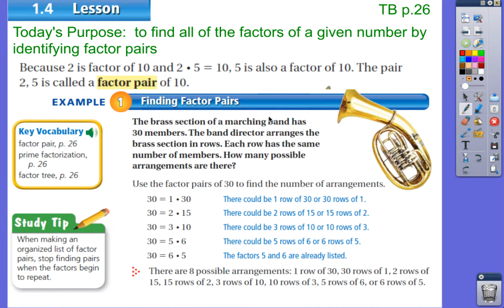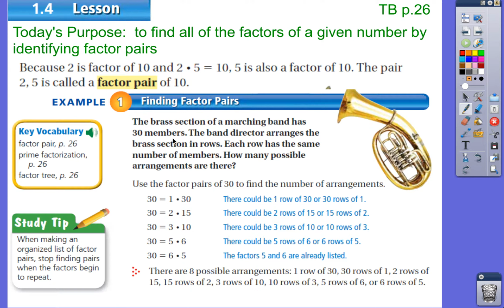Okay, example 1 talks about finding factor pairs. Now, oftentimes when we're talking about any given number, there can be a lot of different factor pairs. And if you're not following a certain process to make sure that you're not overlooking a factor pair, it would be really easy to leave one off. So, as you're finding factor pairs in today's lesson and future lessons, I really want you to follow this method,